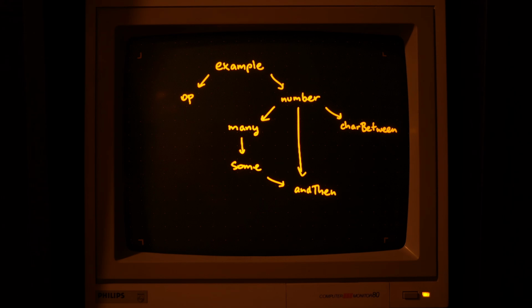The some combinator ultimately needs to only try to parse an item, and if that doesn't work, it needs to try another alternative, which leads us to the one-of function that will let us do that. And finally, or maybe I should have started with this, the operator parser will accept one of the four operator symbols and map them, transform them to the custom type that we have defined.